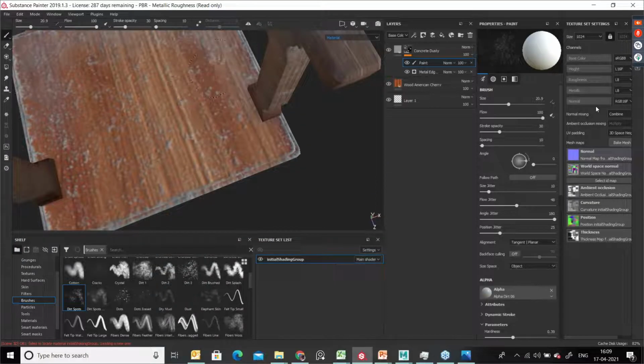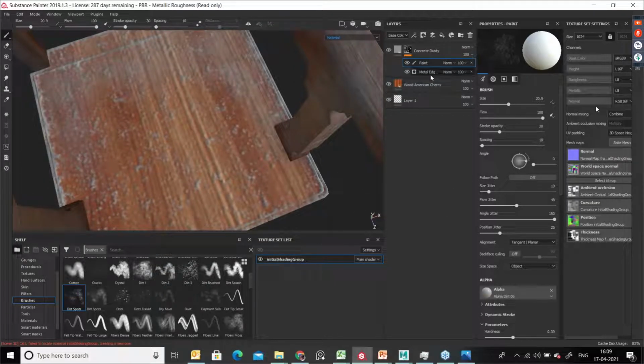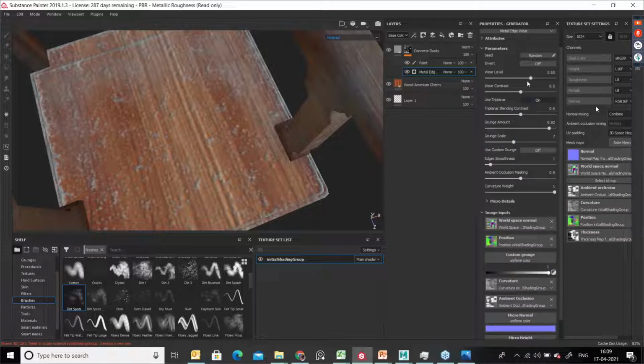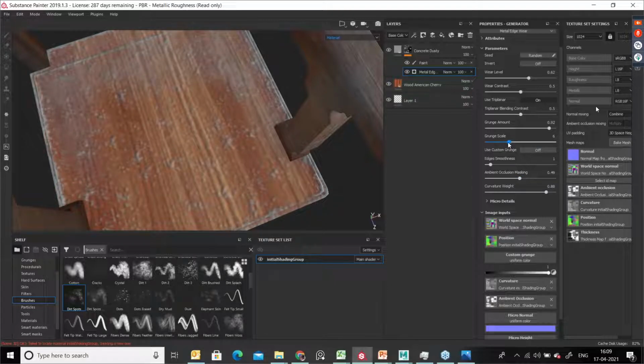Okay, so you can just do it here, and even you can go to metal, and here you can reduce this level, curvature, weight, you can make it a little less. Okay, and try to reduce the grunge scale value.